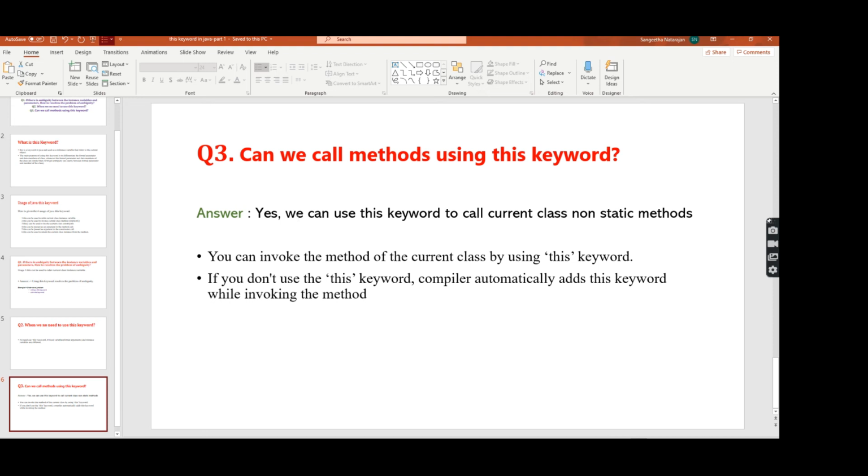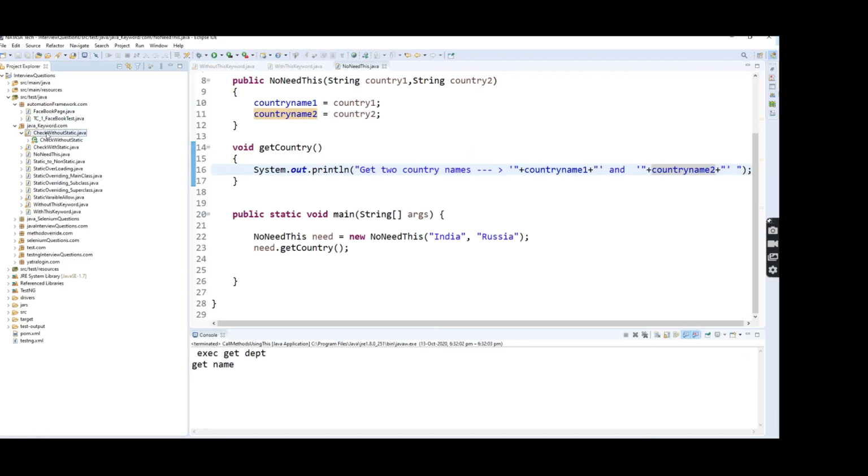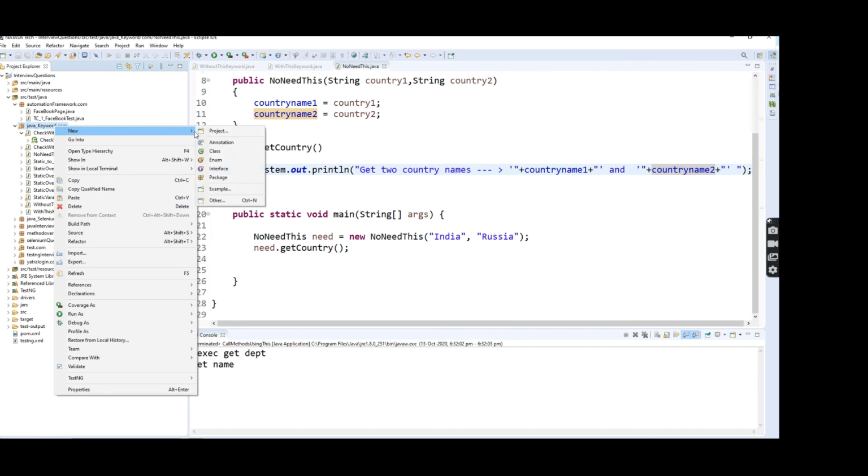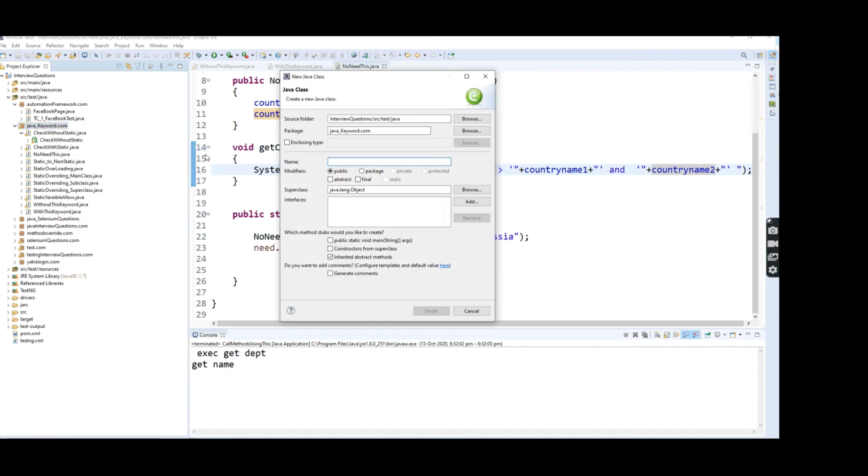Remember this: non-static supports all scenarios, but static supports only static. So non-static is better. Here I'm going to create one class under this Java keyword package: CallMethodUsingThis.